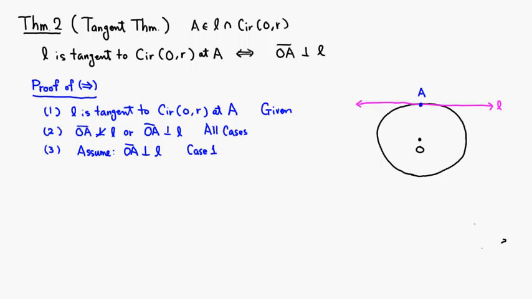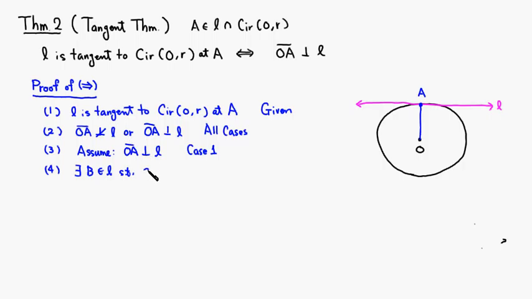In this case, OA is not perpendicular to L, which means that we can find another point. So there exists another point B on the line such that